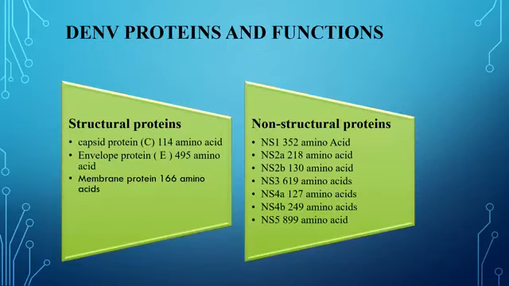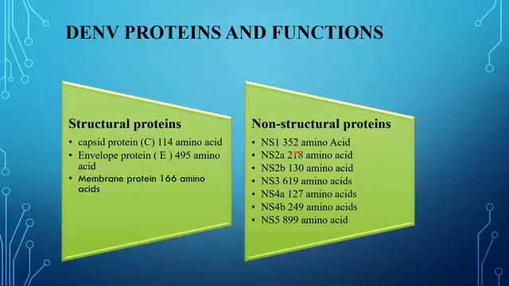Genome proteins and their functions. The structural genes code for structural proteins, while the non-structural genes code for the non-structural proteins. The structural proteins are the capsid protein, which is about 114 amino acids, the envelope protein, which consists of 495 amino acids, and the membrane protein, which consists of 160 amino acids. The non-structural regions of the genome code for non-structural proteins, which are NS1,